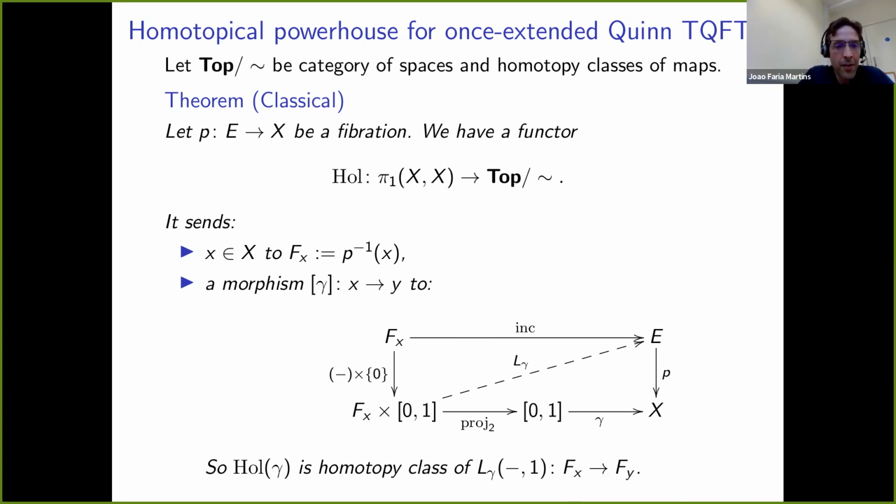Okay. Right, so just trust me. So if you have a fibration, then you have a functor from the fundamental groupoid of the base manifold into Ho(Top). So it sends an object to the fiber. And if I have a map between points on the base, there's a natural map that you can construct from the fiber of X to the fiber of Y, given the homotopy lifting property, or think of it as the usual parallel transport by picking a connection. Okay, so this is the homotopy powerhouse, actually the first of them. There are a few others, but that's the only one I'll mention today.